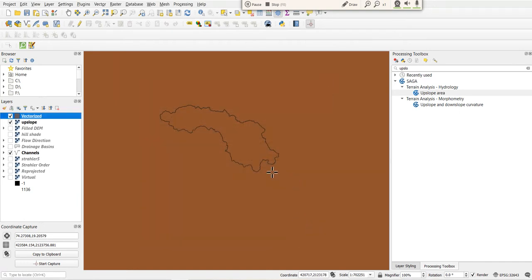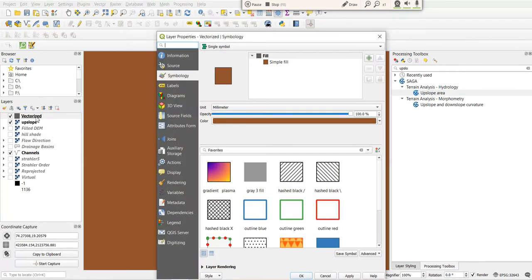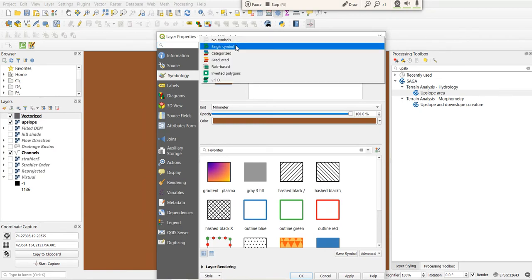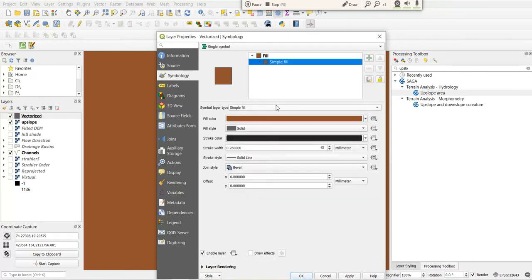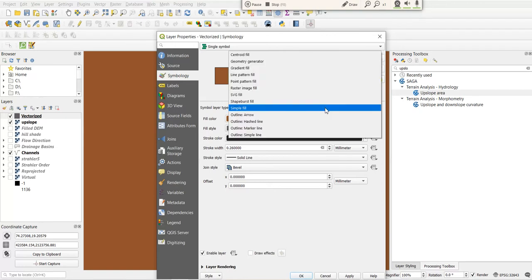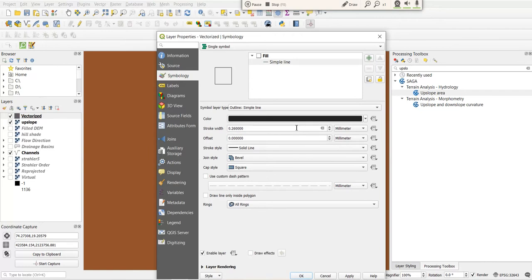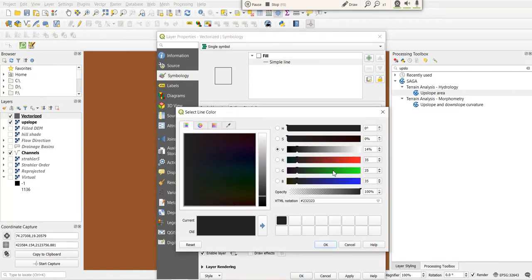Close it. So this is how our catchment is located, and all other things are hidden, so we need to do some styling. We'll do a single symbol, and the fill is simple fill, or let's say simple outline marker only, and I am selecting some red color.